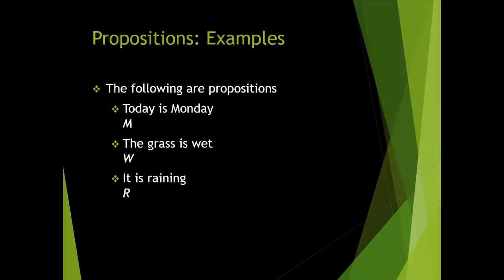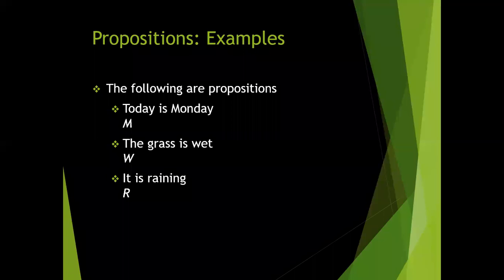Propositions examples. These are some examples of propositions. Today is Monday. As we can say, either today is Monday or it is not, but nothing in between. We can define whether this is Monday or not. There is no uncertain possibility between true and false. There is only one possibility: either this is true or this is false. Nothing except it. That's why we can determine it. It's true or it's false. Then we can say it is a proposition.